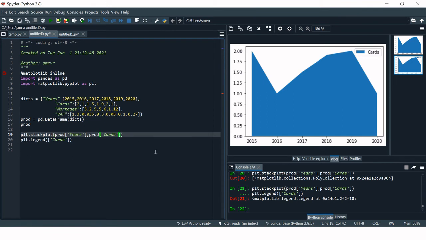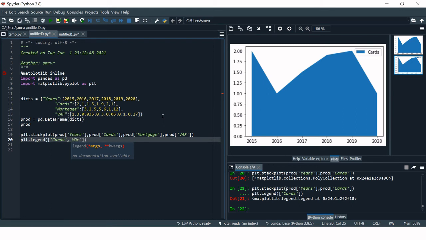Now let's see how we can include multiple variables. Whatever variables you want to include into this particular stack plot, you just put them here one by one. Let's see, bank, and then the other product which we're going to use is mortgage, and then the next variable which we want to use is VAF, and these three products or these three variables need to be included in the legend list as well.